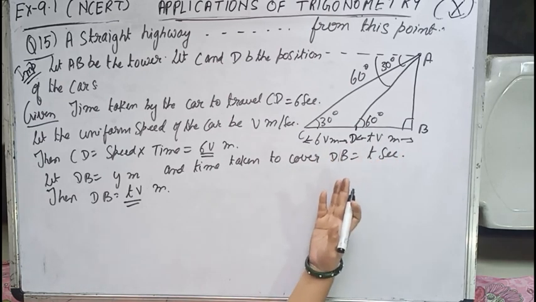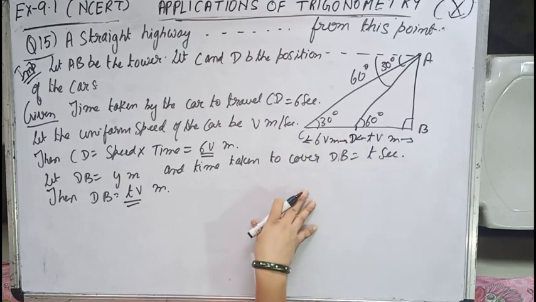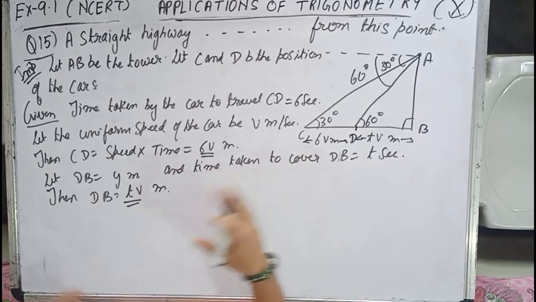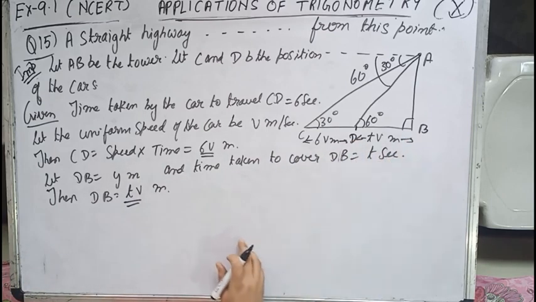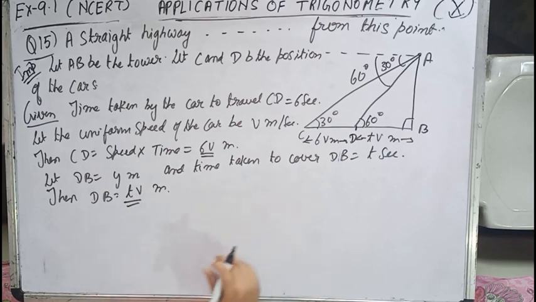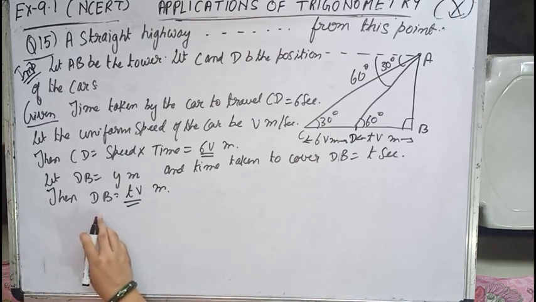You can directly use also X and Y, and afterwards you can substitute the time value and equate the value. After equating you can get the value of this distance DB, and hence by calculation you will get the time taken to cover DB. Whichever is the easier method, children, opt for that with concept and correctly.